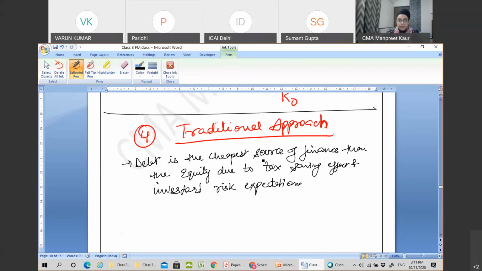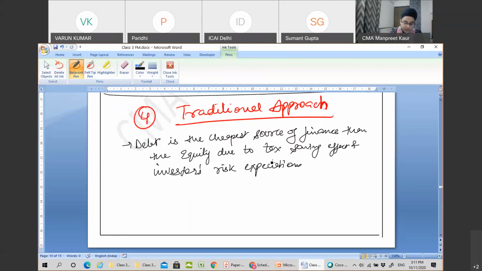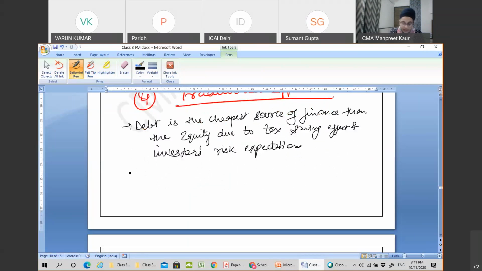This traditional approach says we can say use of cheaper debt fund